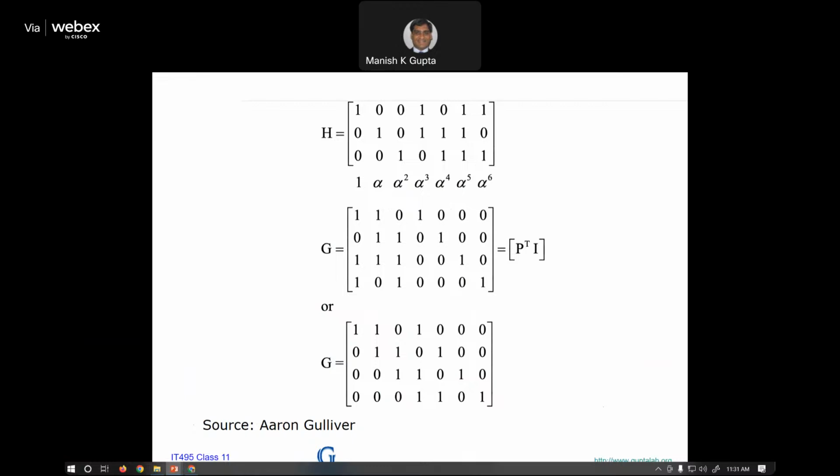Here, m is what? 2 raised to the power m minus 1 is 7 here. So, what is m? 3, right? 2 cubed minus 1. Okay. So, now